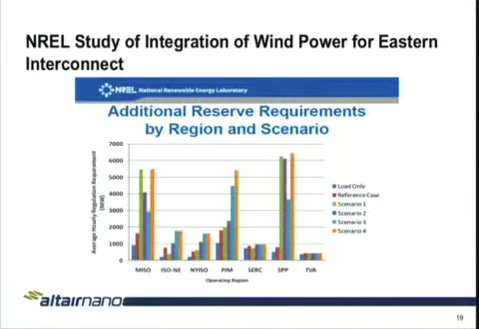And then as you start adding the various scenarios, which is, hey, what if we put a lot of power offshore? What if we put a lot of power right on the mid-Atlantic area? What if we put a lot of power in the Midwest? How does this affect the need for regulation in these various balancing authorities, regional transmission authorities? And in every case, you can see it increasing relatively, heck, very drastically. Scenario 4, sort of the kitchen sink approach. Let's just say we got to put a lot of renewables in everywhere. And then what are we going to need for more regulation? So you can see the regulation need is going to grow drastically.